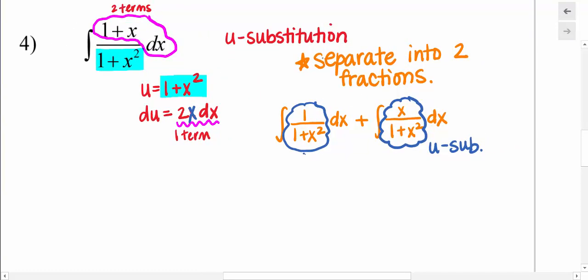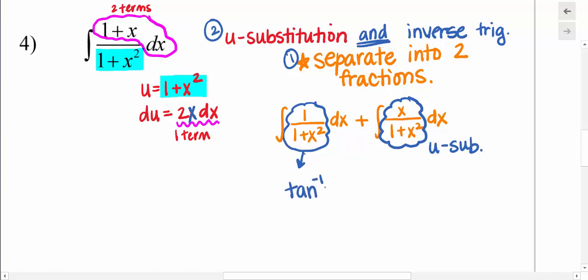So I'm going to say first separate it into two fractions, then you have u-substitution and inverse trig in the same problem. So this first one is actually the antiderivative of 1 over 1 plus x squared is inverse tangent of x